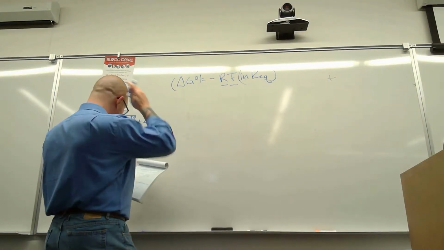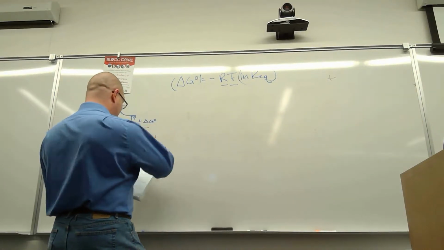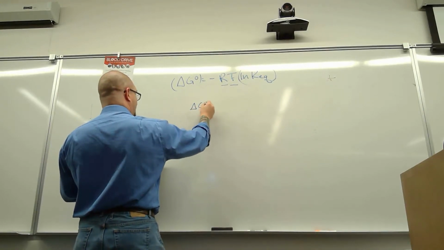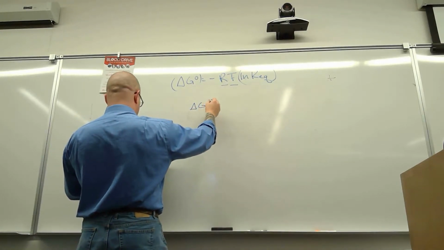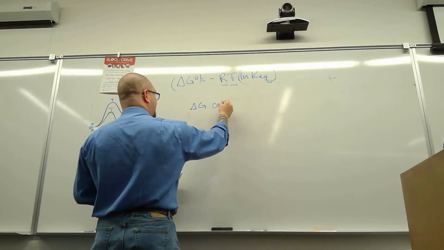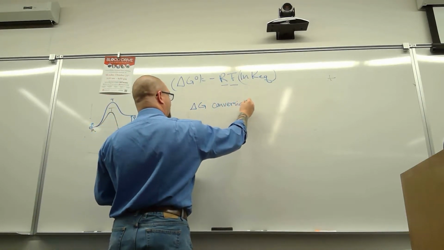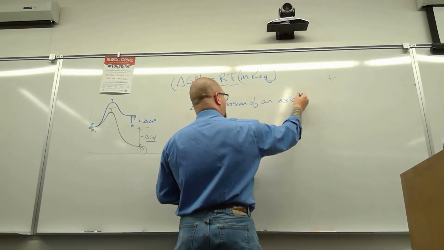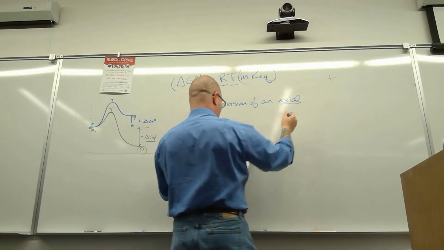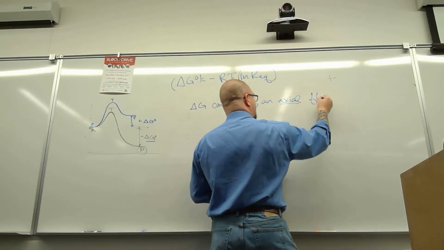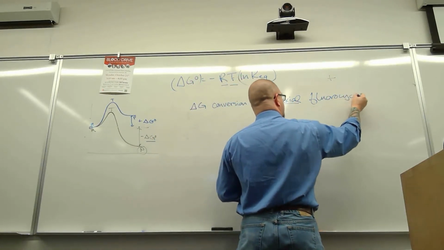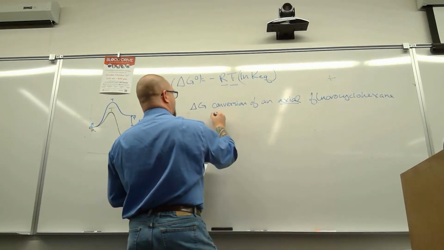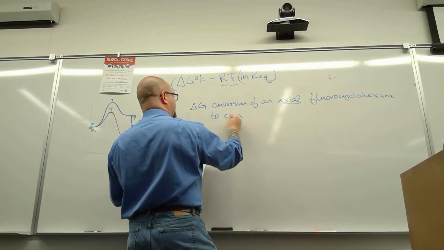Let's say that we want to look at the change in Gibbs free energy for the conversion of, everyone's new favorite thing in the whole world, fluorocyclohexane, from the axial form to the equatorial form